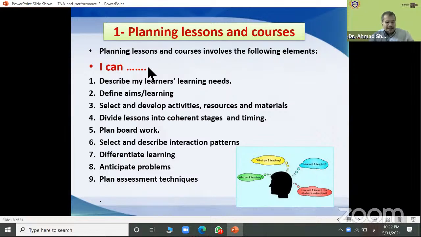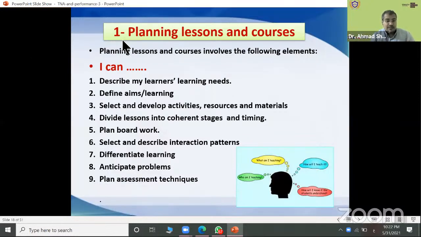Plan assessment techniques. Can I plan assessment techniques to check my students' understanding, to check if they got the aims I defined? So I have defined aims, so I should assess them at the end of the lesson.